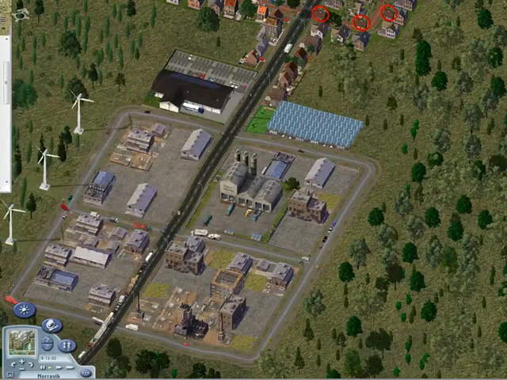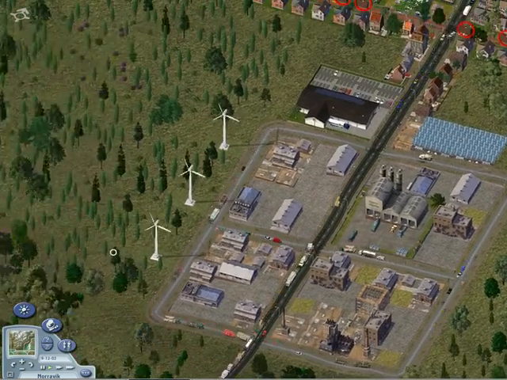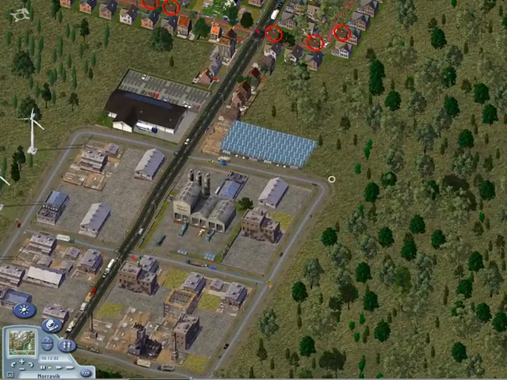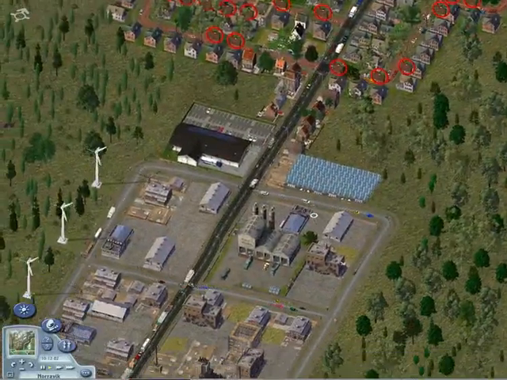We have our city loaded. Well, I've used some wind power plants here. Maxes. These are my own loading texts. And we have